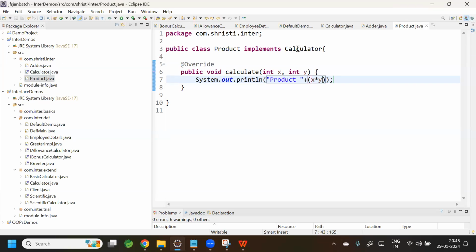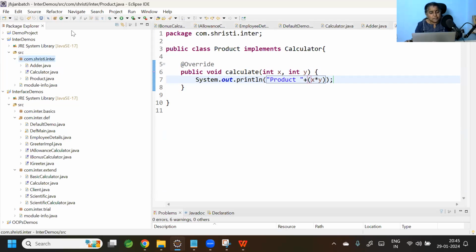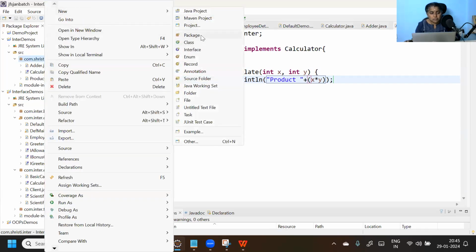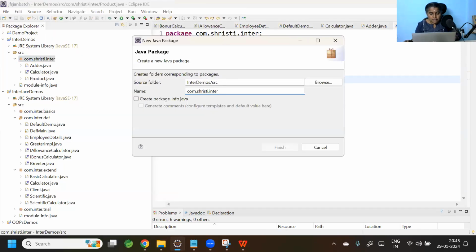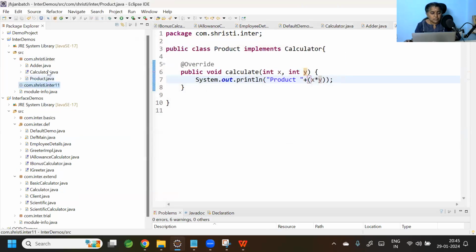Can we only use it in the same package, or can we use it anywhere? You can use it anywhere, provided your interface is public. See, let me create a new package. I'm creating a package named Inter 11. This is a new package. Now, if I have my calculator in Inter 11,